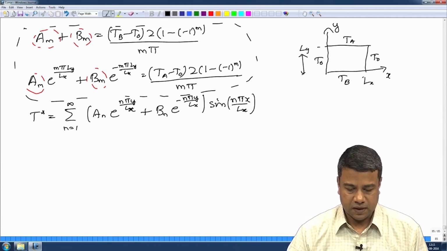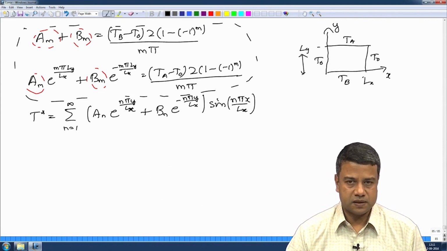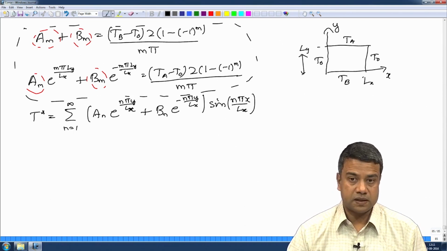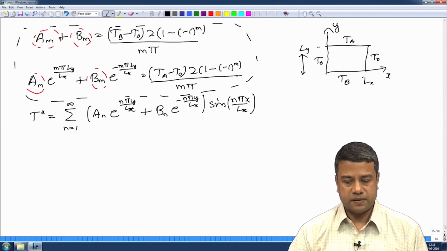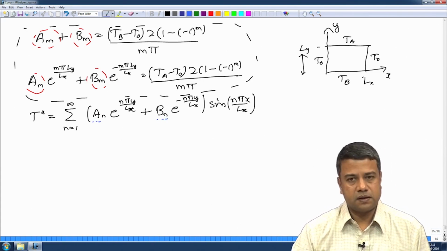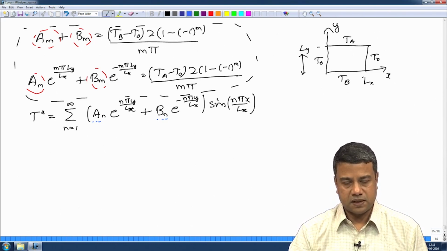Okay. So, to get Am, I have to multiply the first equation by e power minus m pi Ly by Lx and subtract the two equations. Okay. And for Bm, I have to multiply the first equation by e power m pi Ly by Lx and subtract the two equations, and then I will get those two constants. Insert it into the equation and get, okay, the temperature field, which is now a function of both x and